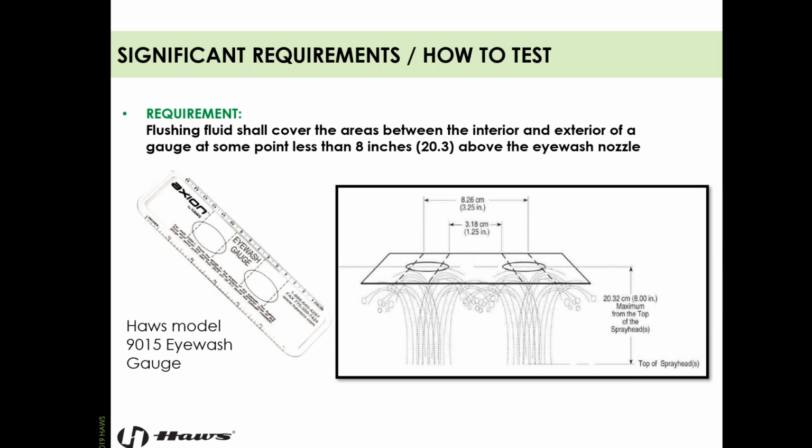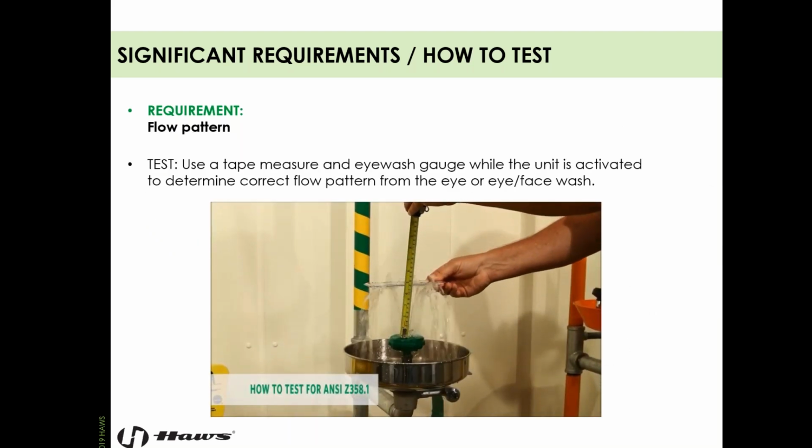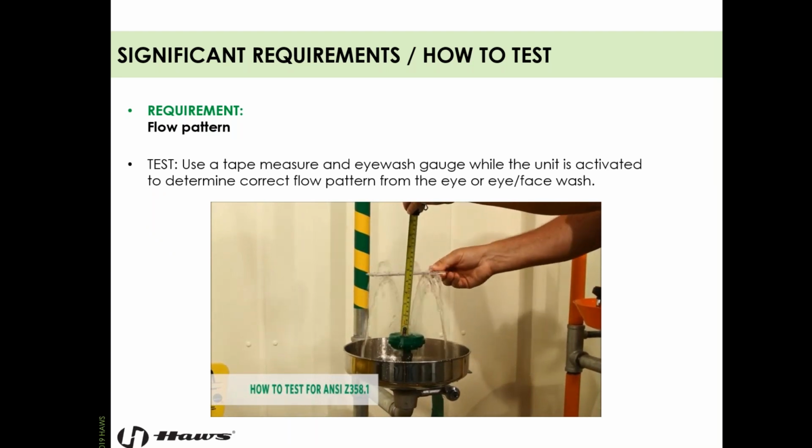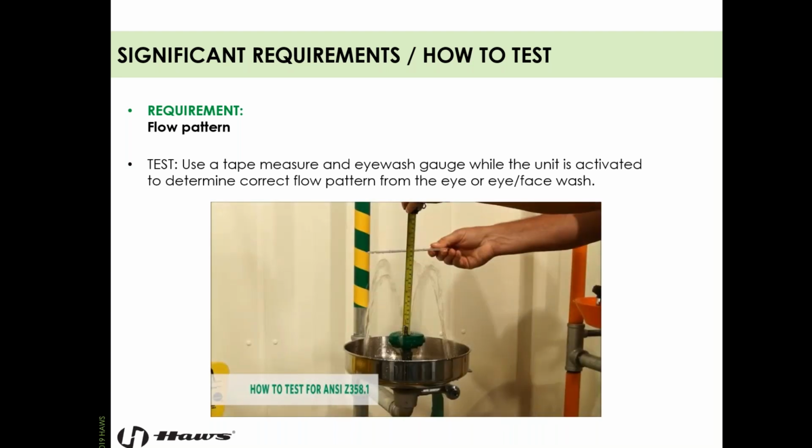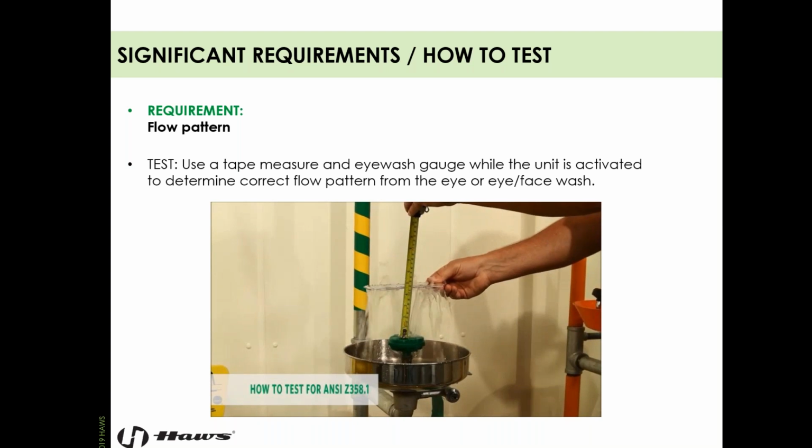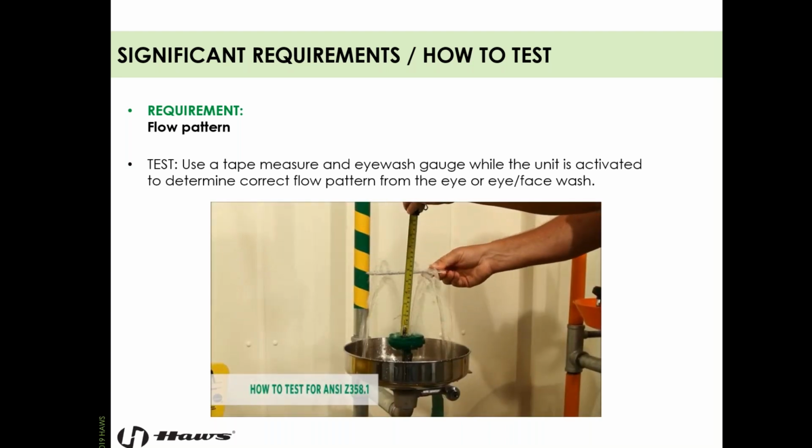Okay, so we use that gauge, we measure 8 inches, we slowly lower the gauge, and so long as the eye washes are meeting those eye circles and covering the area between the lines, it is fully usable. Okay, it's going to meet average human eye spacing, and it's going to be fully usable with the amount of water that's coming out of